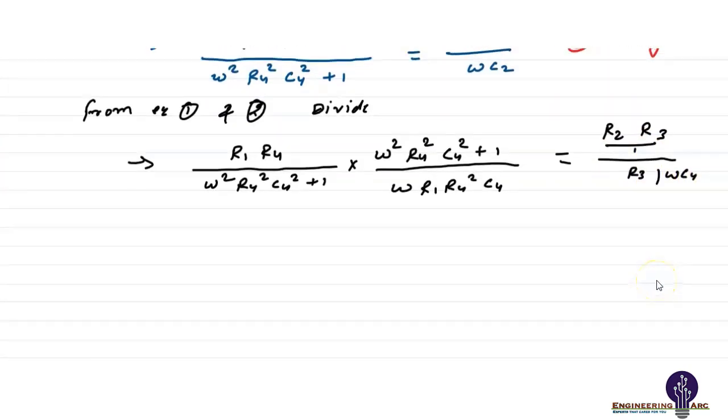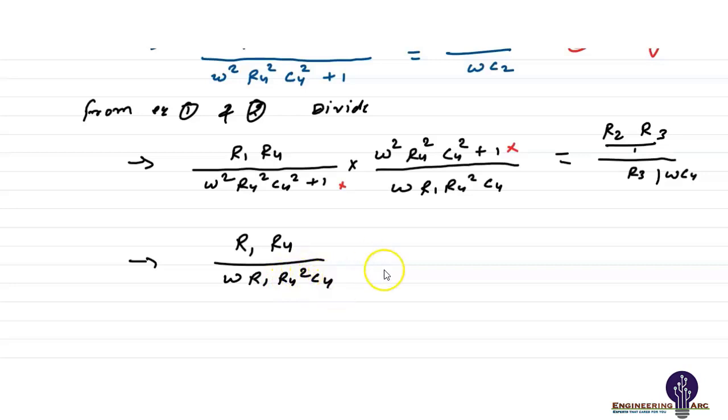Now simply you can solve this equation for the value of frequency. Here this term is cancelled out, then the resultant will be R1 R4 upon omega R1 R4 square C4